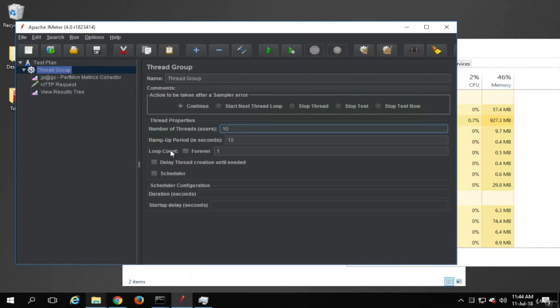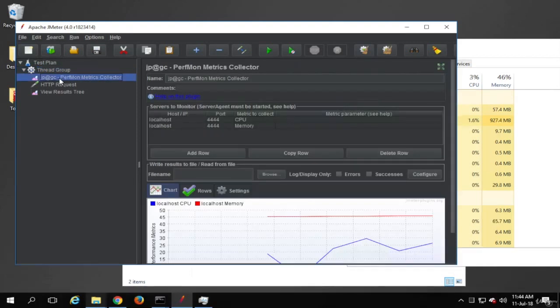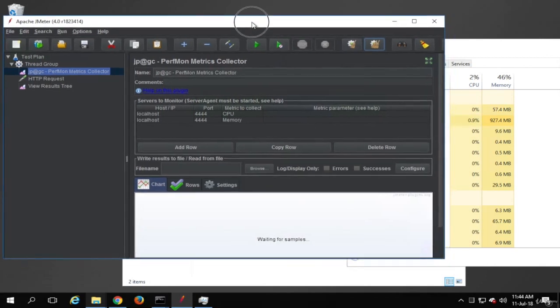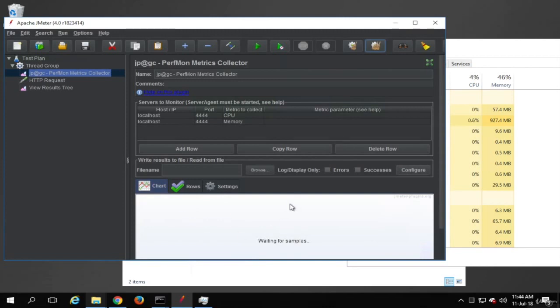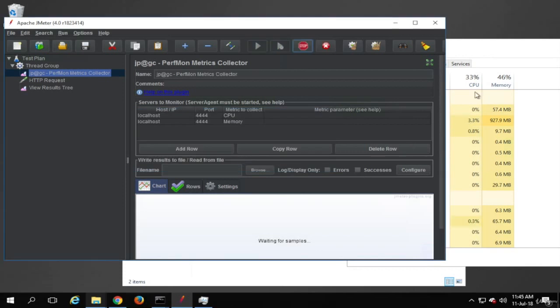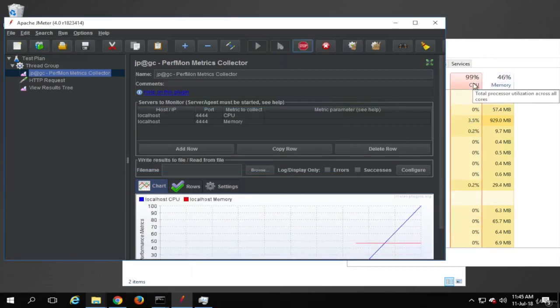Instead of loop count with one iteration, I will say loop count forever, and you can clear the earlier results by using this clear button. So this is clear now, and I will run this, and you will see the CPU and memory here, and the same thing you can see here as well on the taskbar. So just pay attention here and here. I am running it now, and you should see the CPU utilization going up. So you can see it has gone to 33, 65, 97, and now it has gone to 99%. And the same thing we can see here. Our CPU utilization on the server has gone almost 100% here as well.